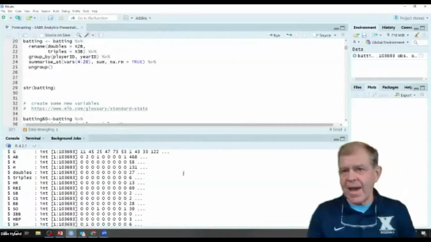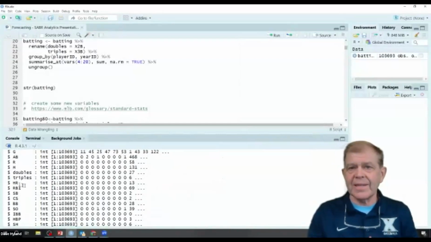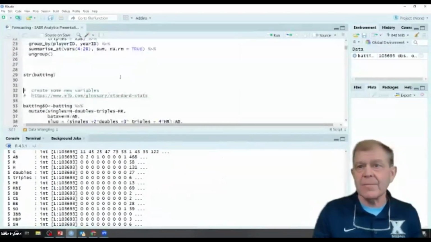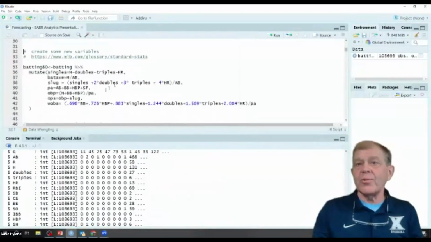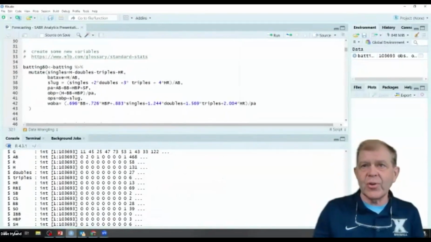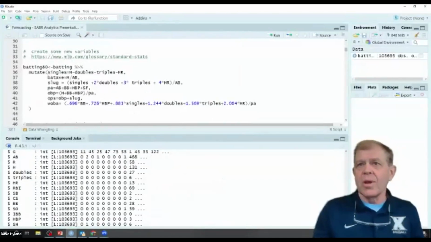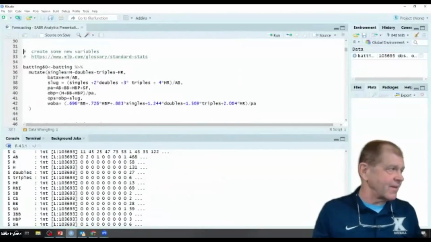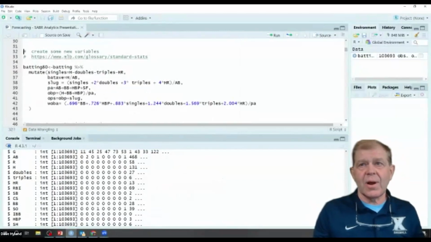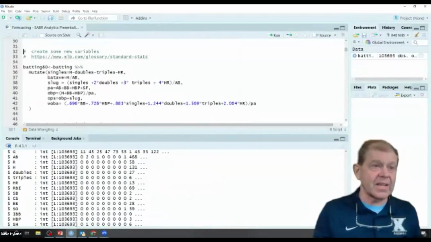Look again at our data frame, and we'll see we've renamed X2B and X3B as doubles and triples. The next thing we want to do is calculate, like any good database, the Lahman doesn't have a lot of repetitive things in it, right? So I have hits, doubles, triples, and home runs, but I don't have singles.